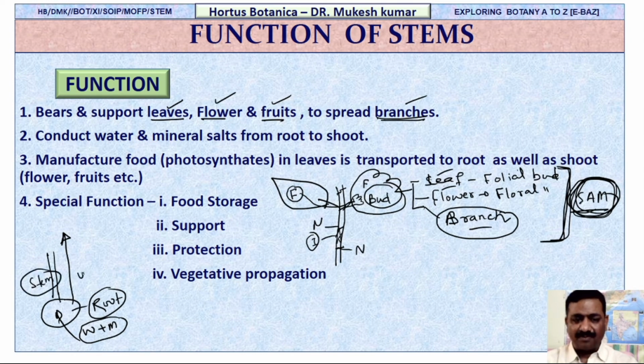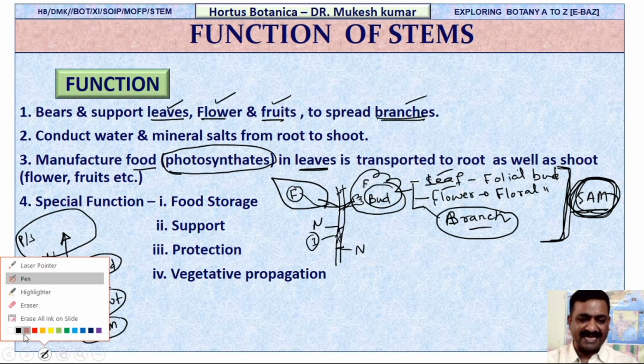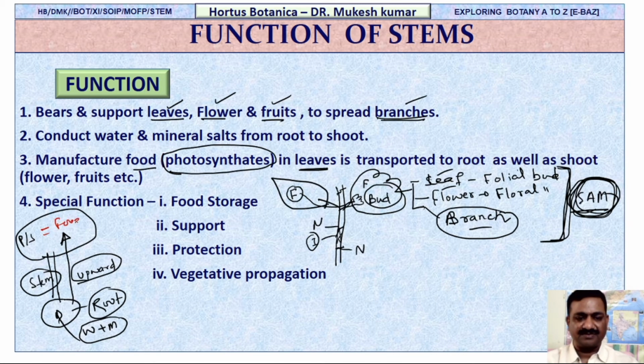Okay, so by the upward movement, what happened? The stem will carry all these water and minerals to the whole part of the plant. Simultaneously, what happens in the crown? Maximum leaves are there. They will execute photosynthesis. Glucose will form. That glucose is a food. So that manufactured food, which is easily found in the green part of the plant, that is the leaf, will also be transported from the shoot. Yes, that food or photosynthetic products will move from shoot to root, as well as to other shoots where the